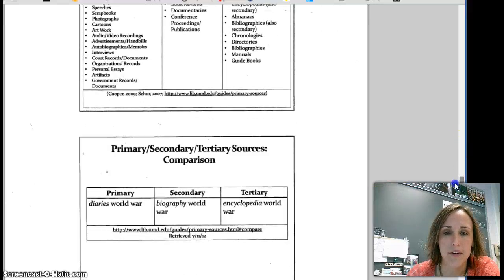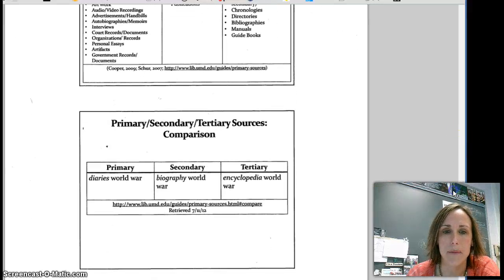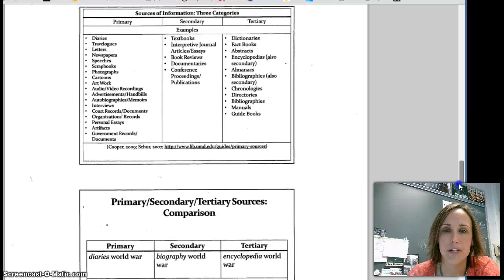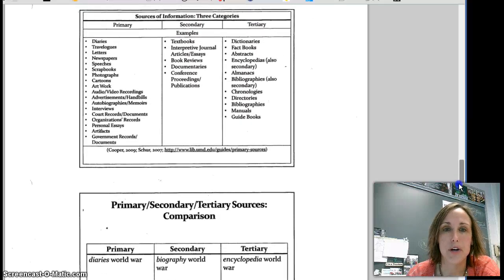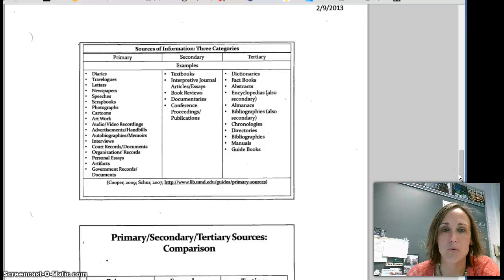Another slide that I have on here for you is just an example that she had provided about world wars. You can access this information so that you can read it on your own, but at least you have some idea as far as what types of sources are acceptable.